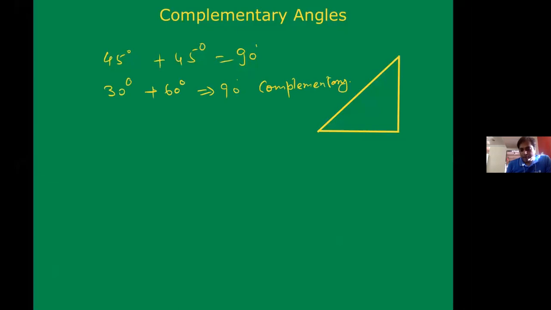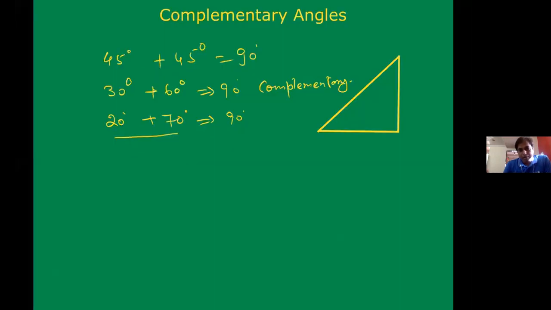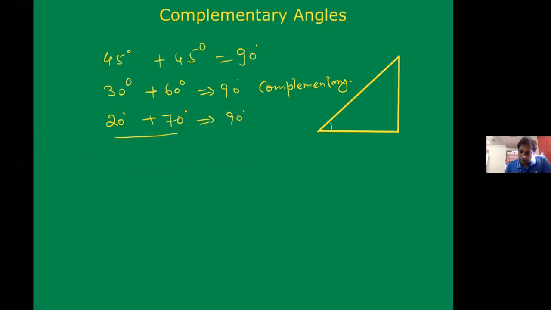If I take 20 degrees plus 70 degrees, the sum of these two angles is 90 degrees, that is also called complementary. The basic idea is that two acute angles whose sum is 90 degrees are called complementary. So if I say one of my angles is theta, this is already 90 degrees, and we